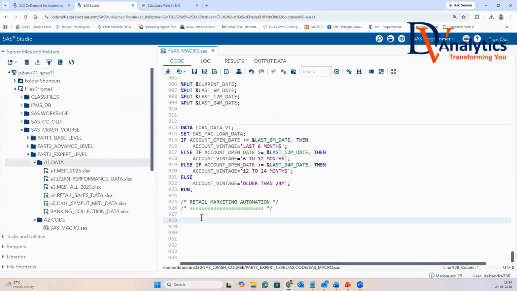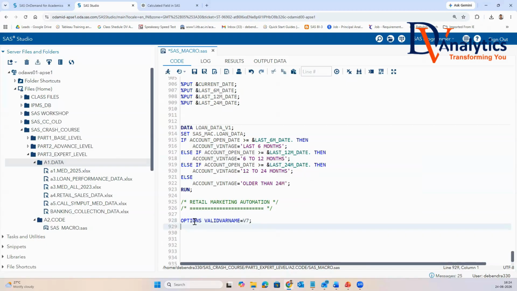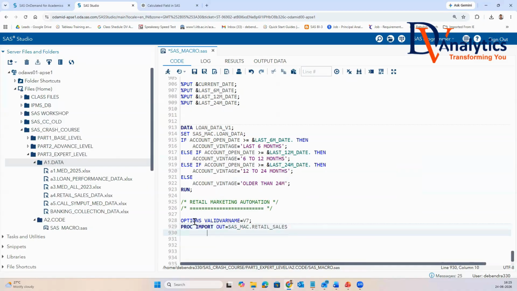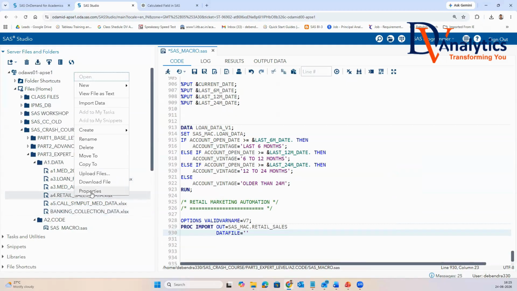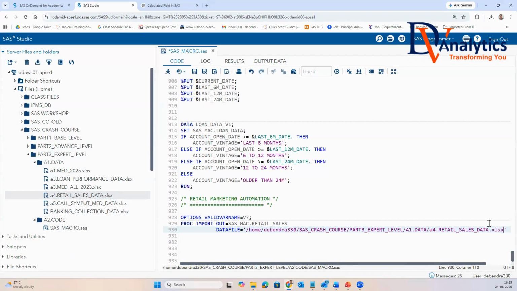To read this data, I'll say options, valid var name equal to v7, proc import out equal to SAS underscore mac dot retail underscore sales data file. I will be taking this file path. Then I will write dbms